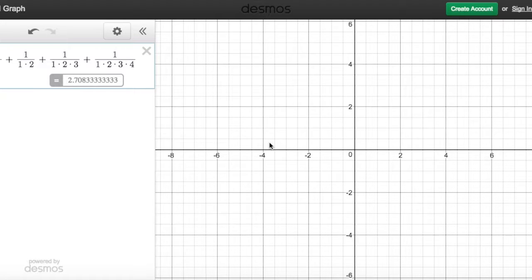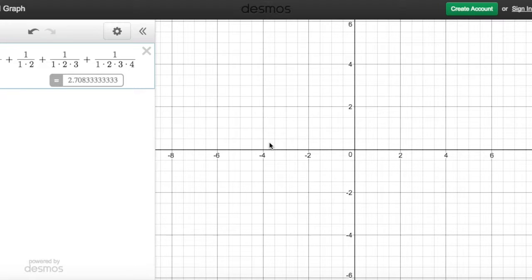Before we start, this is the video for section 6.2, the natural base e. Before we start looking at this weird thing that's e, we're going to walk through and look at the exploration a bit. For exploration 1, it asks you to take 1 and then add 1 over 1